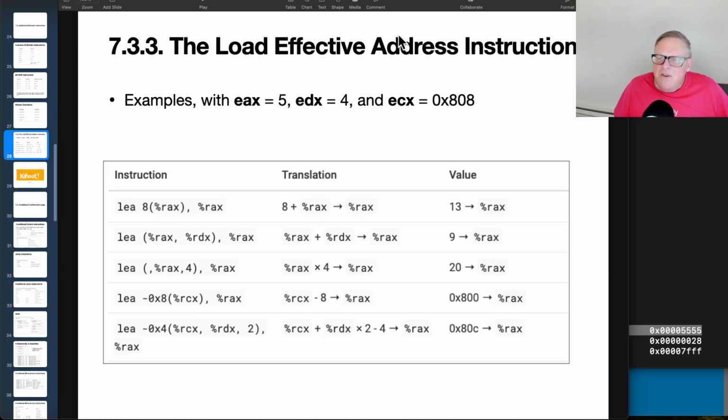Anyway, there's this weird thing called load effective address. If you want to know what RAX plus 8 is,